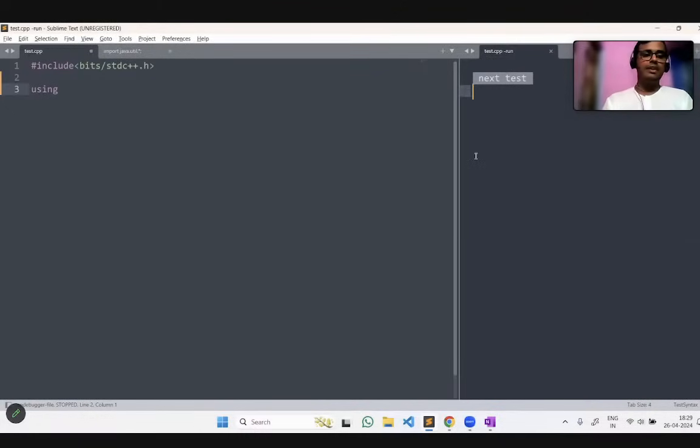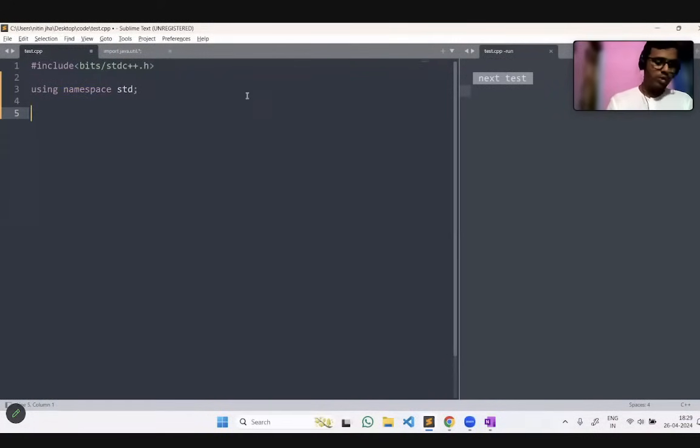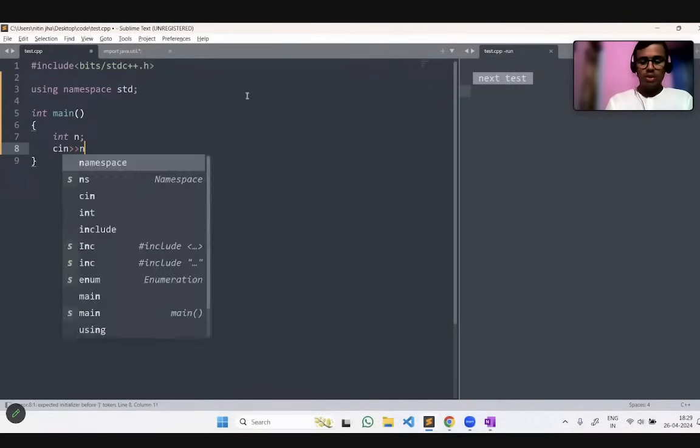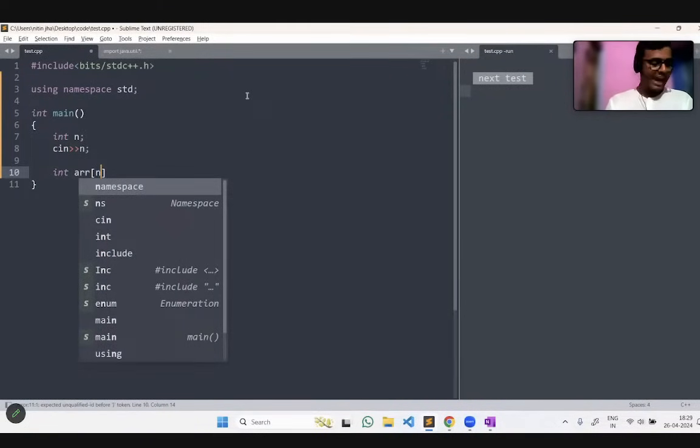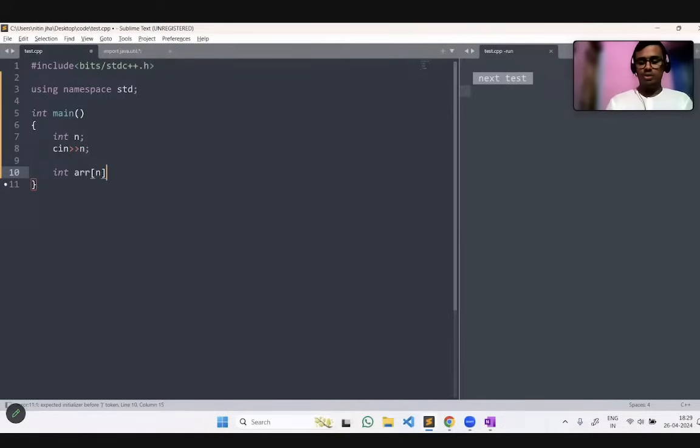Now let me add using namespace std. I am doing everything I have told you. Now let me go to the main function, and inside the main function, first let me take the size of the array as input, and after that I will take the array itself as input.